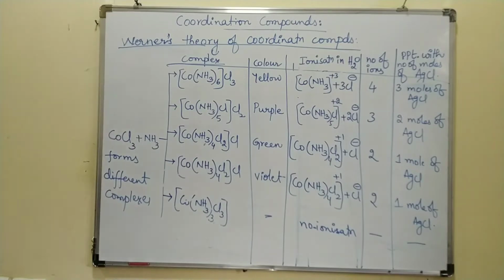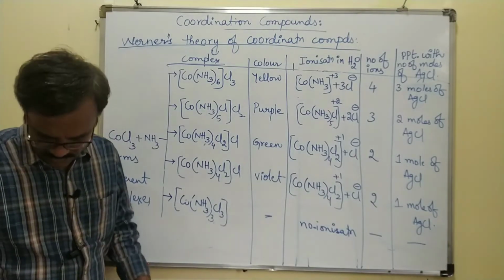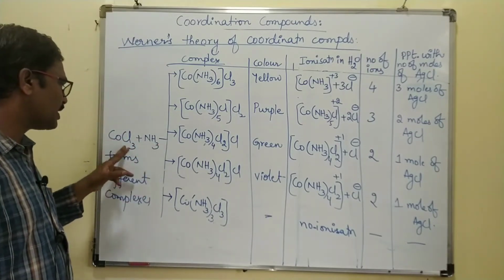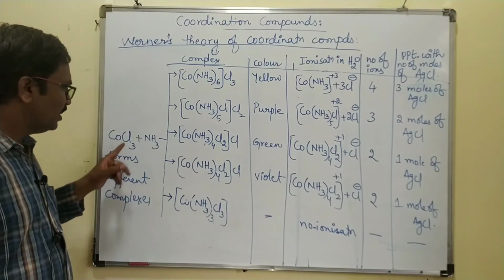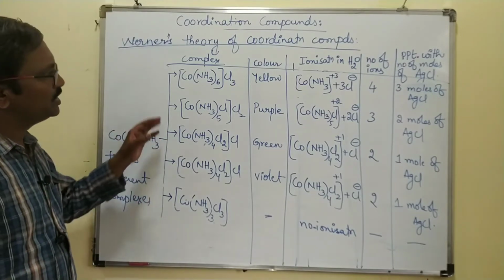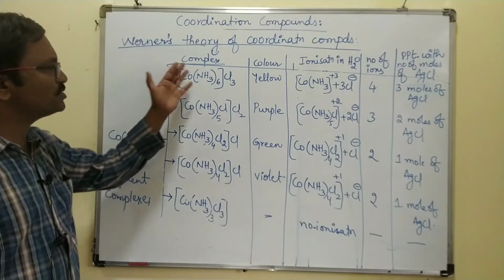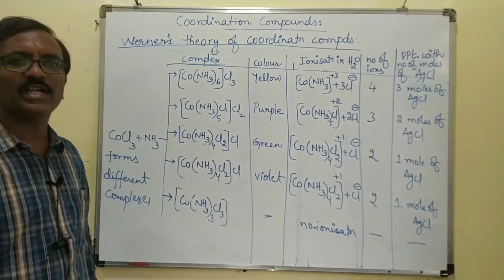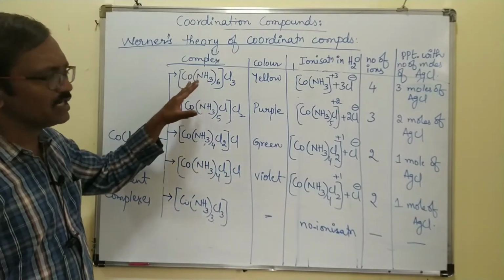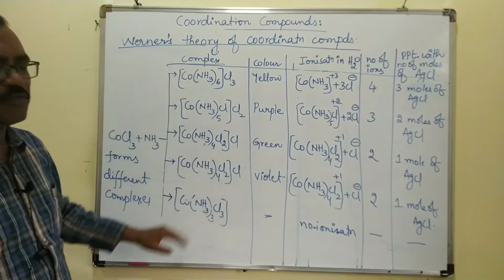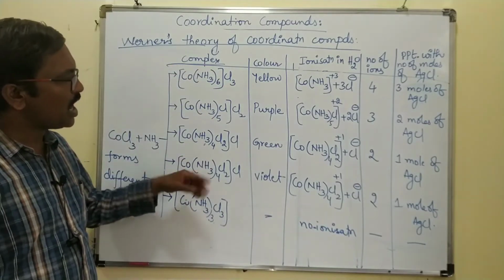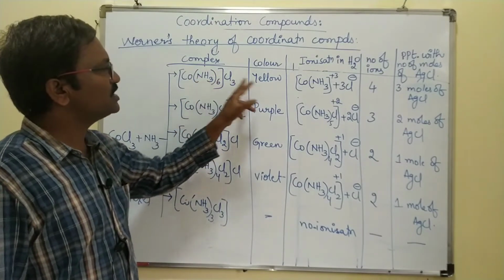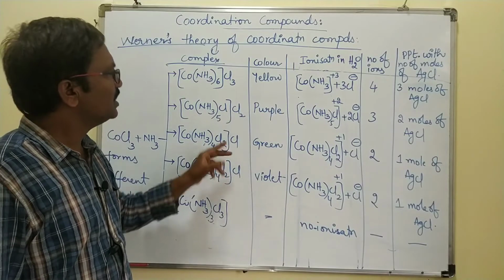So what Werner did is, he mixed cobalt trichloride and ammonia, both two. When he mixed both components, that forms different coordination compounds. So he observed that these types of coordination compounds are formed. How did he observe? Based on their colors, this color is different, this color is different, this color is different,